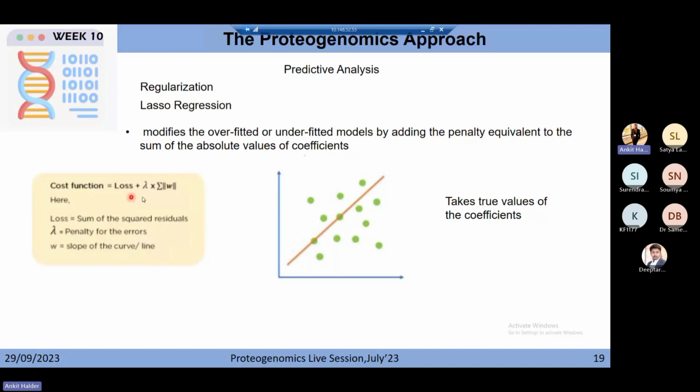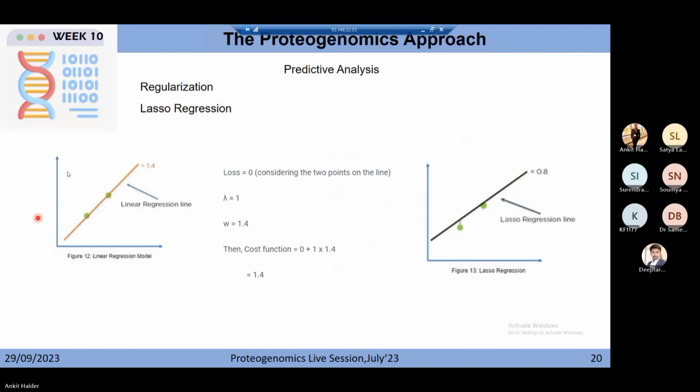The cost function is similar, so it's important to understand the difference between the loss function and the cost function. The loss function is at one particular training example, but the cost function is over the entire data set. So if you take loss plus lambda times the summation of w, it takes the true values of the coefficients, where loss equals the sum of the squared residuals and w equals the slope of the curve or line. You can see that if you consider 2 points on the line, here